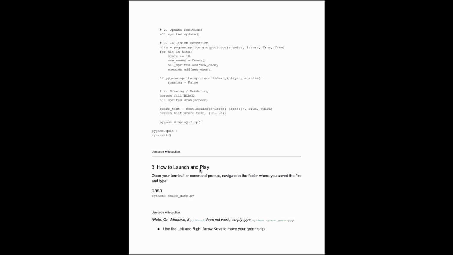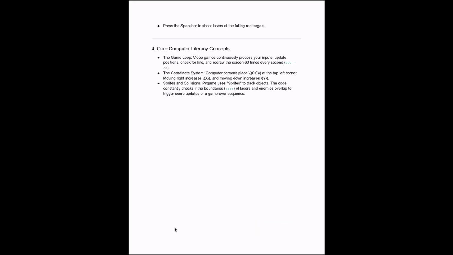So how to launch it? Once you put that in there, save your file in a specific spot where you know it is. And when you're in the command prompt, navigate to where that file is, like cd desktop, or cd desktop/home folder, wherever you put it. Then in your terminal or command prompt, I would put python3 space_game.py, but the python command is pretty much universal, so all of us could just put python space_game.py and it'll work for both of them. If you're on Windows, you definitely need to put python and your file name.py. Use the left and right arrow keys to move the ship and hit the space bar to shoot